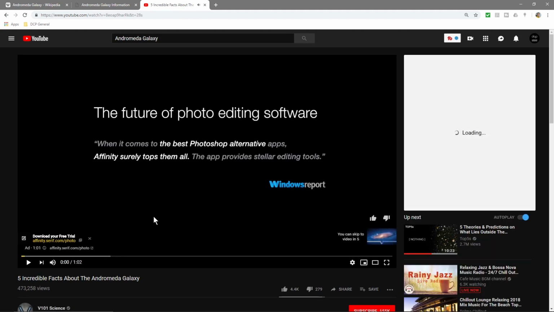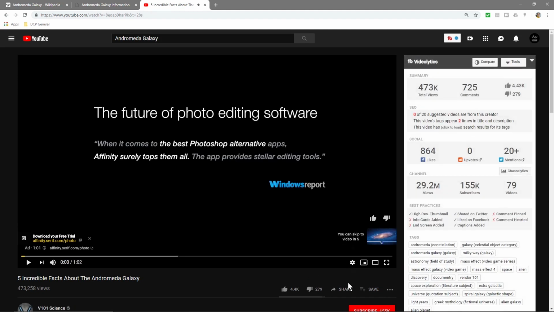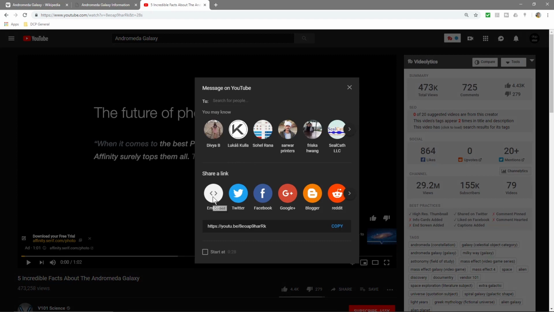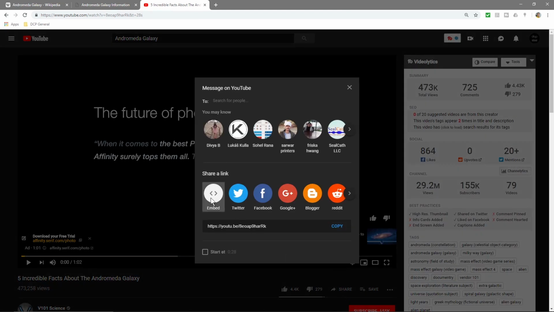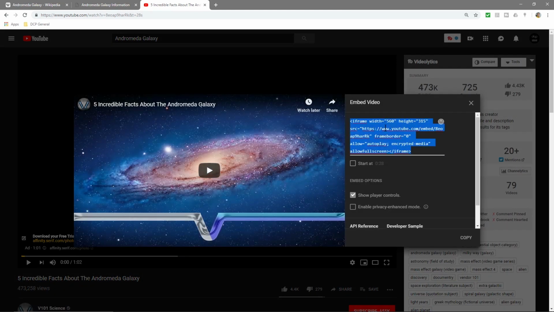We'll click on the video, pause it, then go to share and click embed. I'll click the share button, down here, share, and then embed, and then we'll select the text here,